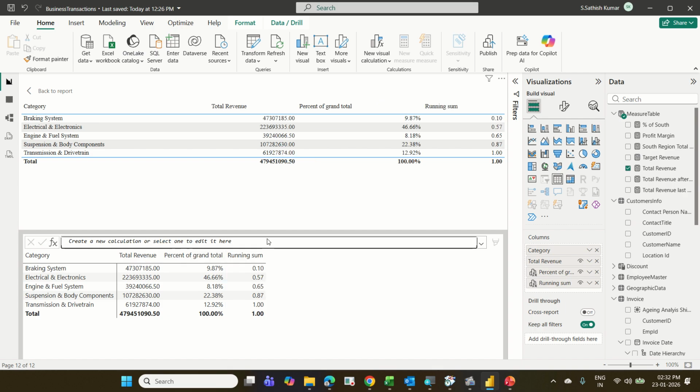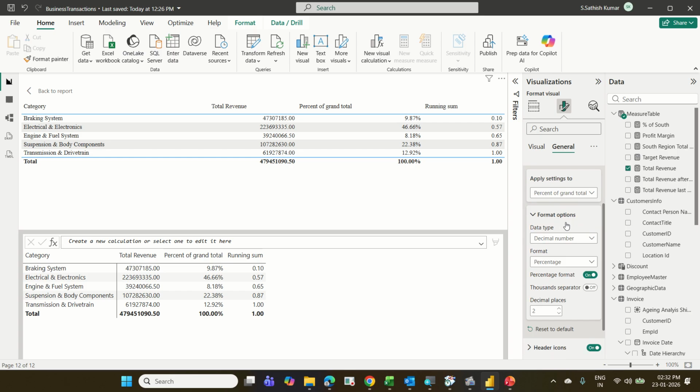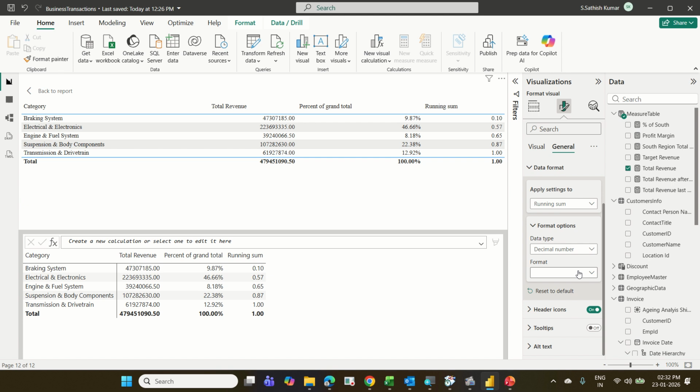Enter. Yes. Let us change it to percentage format. Go to format, general, data format, and which one? This is running sum, and I change it to percentage here. Yes. 9.87, 56.52, 64.71, 87.08, and finally 100. Now when you are sorting this percentage of